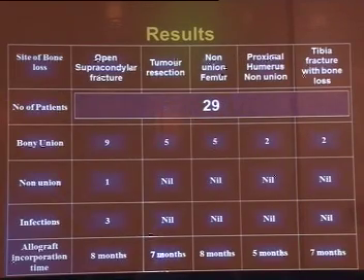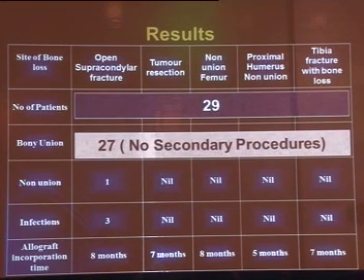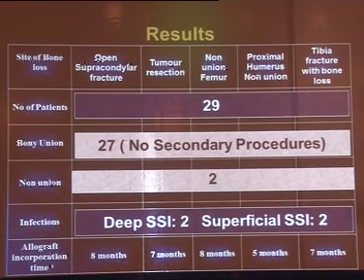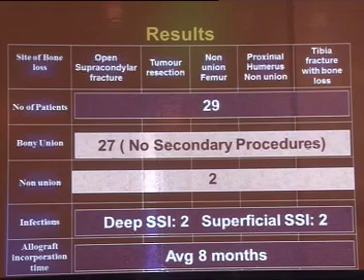Of the 29 patients, 27 went on to unite completely. They didn't require any secondary procedures. 2 patients had a non-union, and there were 4 surgical site infections, and the average allograft incorporation time